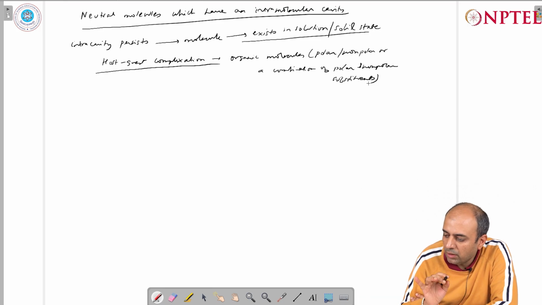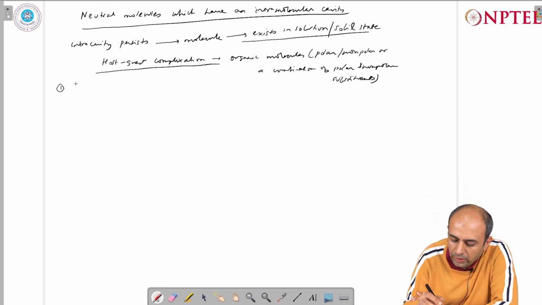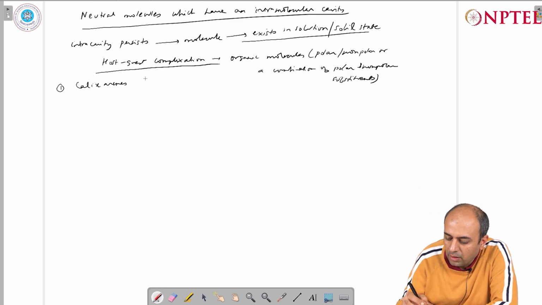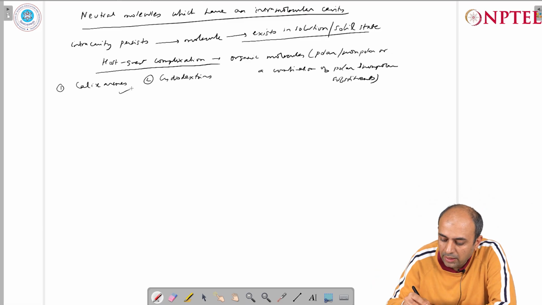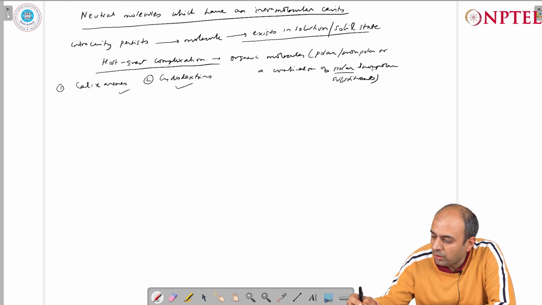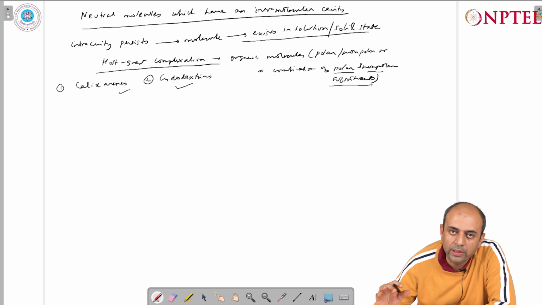And in this regard, we are going to look at two important classes of molecules. We will first look at calixarenes, and then we will look at cyclodextrins. And both these classes of molecules are very important because they have a combination of polar and non-polar substituents